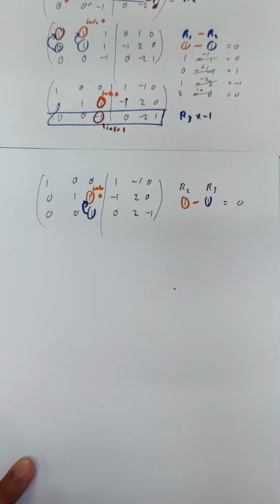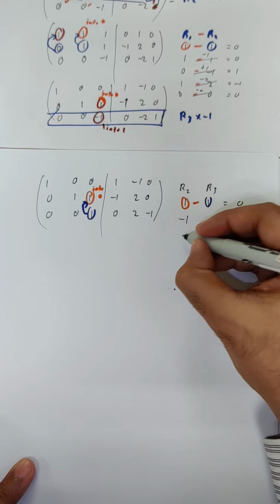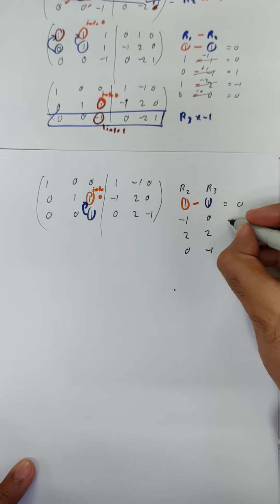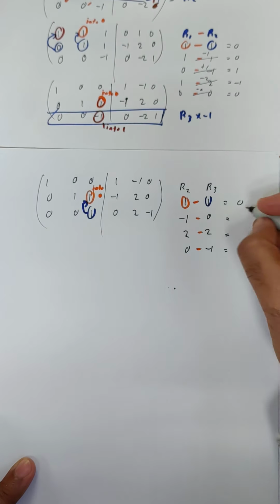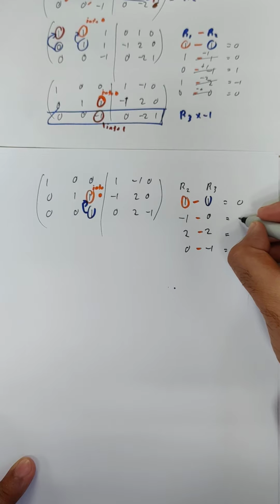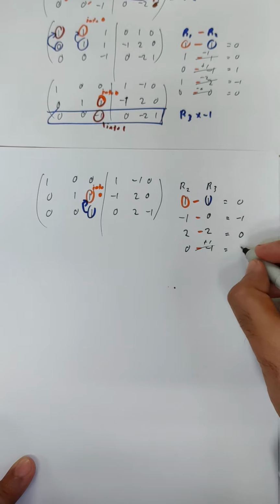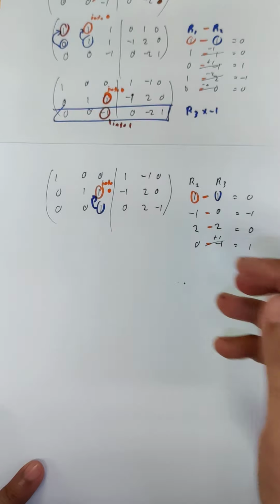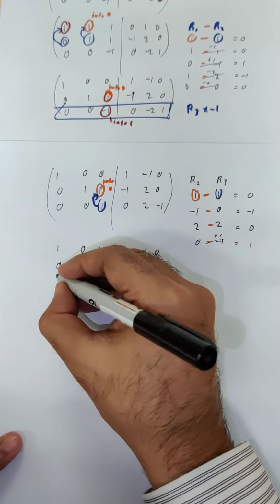I don't want the video to be too long. So then you copy the rest. The techniques are all the same as how we did just now. It's just slightly longer because it's a 3 by 3 matrix. Okay, let me be quick. Oh, I can pause if you want to. So negative 1 minus 0, negative 1; 2 minus 2, 0; 0 minus minus 1, plus 1, so 1. Alright, so now we just rewrite everything all over again. Okay, so this is your new row 3.